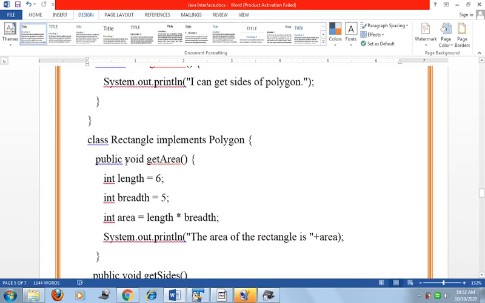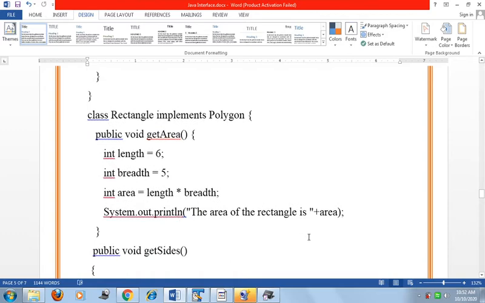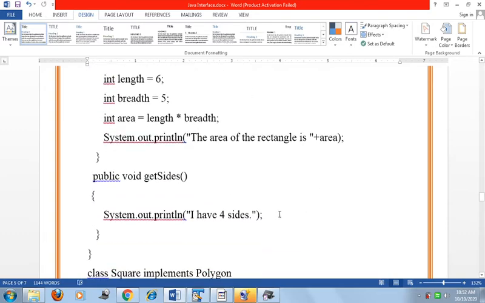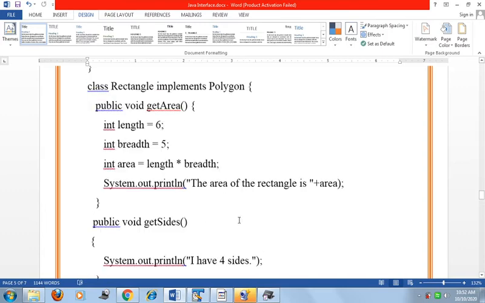In the getArea method we assign the length and breadth as 6 and 5 respectively, and we calculate the area as length into breadth, and print the value of the area. Now public void getSide, here we again print a message "I have 4 sides".